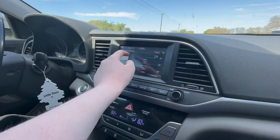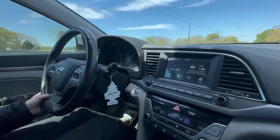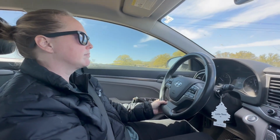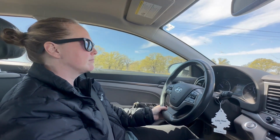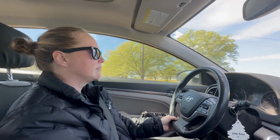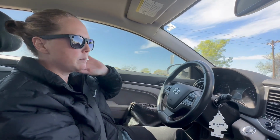And I find the stereo system to not be horrendous like a lot of cheap vehicles are. How good of a road trip vehicle do you think this is? Depends how many people are in the vehicle. If it's just 1 or 2, it's a great road trip vehicle. Any more, it's a little...